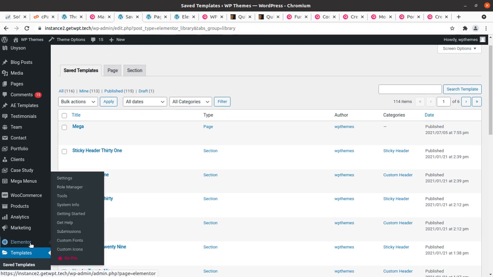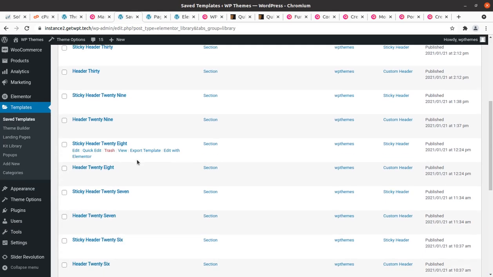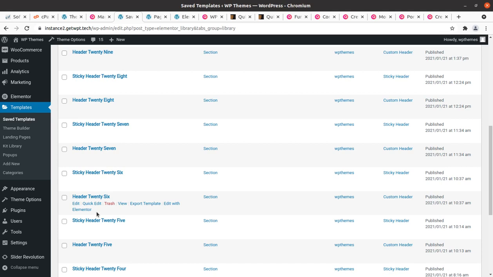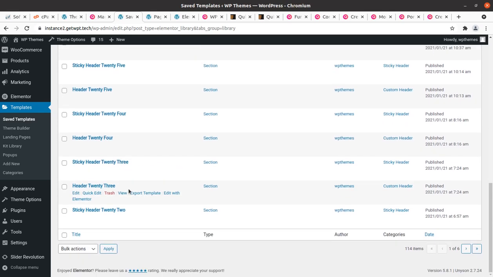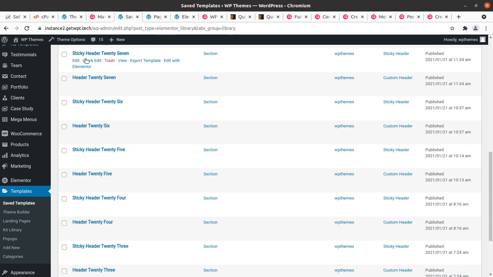This is the template section of Elementor, and it has all the templates, all the header templates, header 26. You can directly edit the header as well. So header 26 and all 114 items are here, and you are going to use only one. So let us say if you are using header 23, you should remove the rest of the header items once you have completed the development of your website.